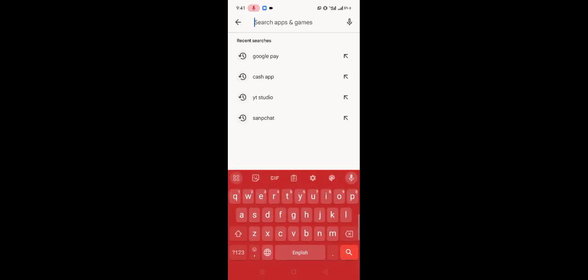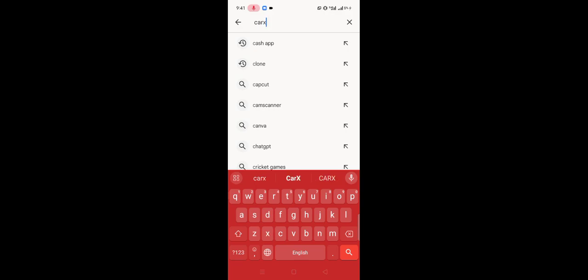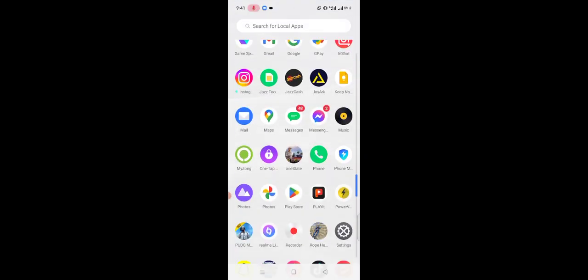After that, go back to your home screen and tap on your Play Store, tap on the search bar and search for CarX Street, and check if your CarX Street game is updated or not. If your CarX Street game is not updated, first update your CarX Street game